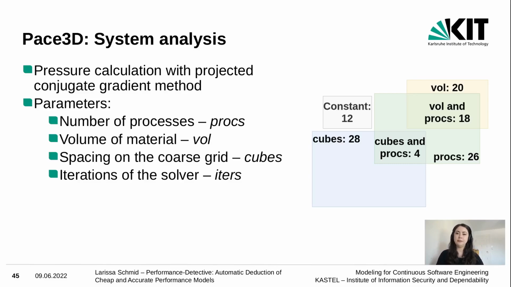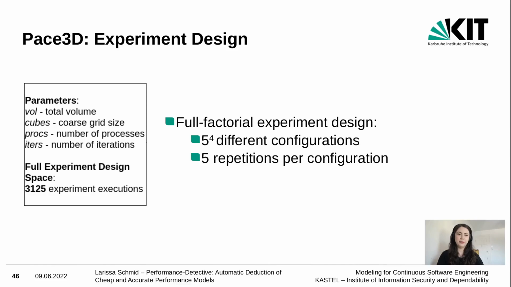So there's no function that is influenced by both vol and cubes. And again, we will make use of this, as in the example I showed earlier. So from the black box standpoint, we would start off with 4 parameters, which I explained earlier, and 5 repetitions per experiment, resulting in